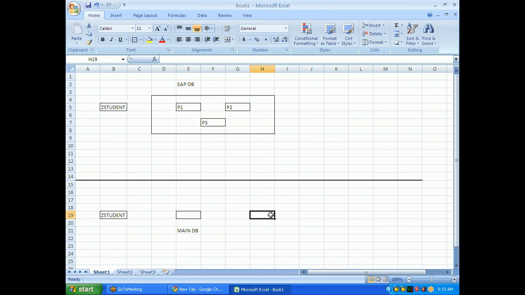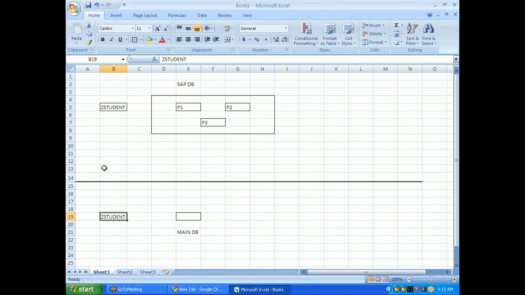I'll repeat. In case of a transparent table, if we create one table in the SAP database, the same structure with the same name will be created in the main database also. Assume that this line is dividing: the above one is the SAP database, the below one is the main database. Whenever you create a table in the SAP database, the same name and same fields will be created here. That is the case of transparent tables.